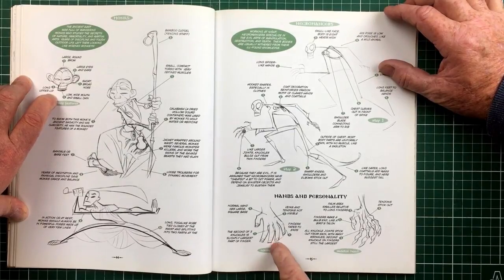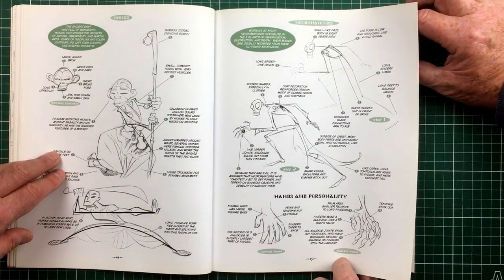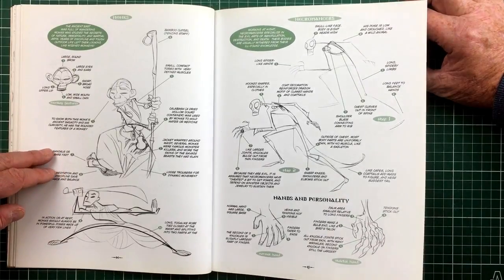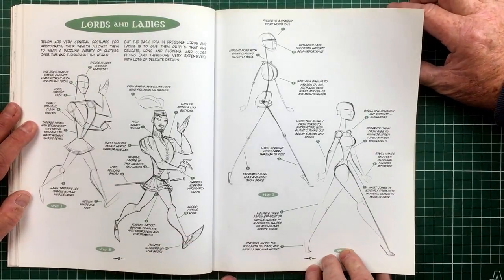And of course, hands have personality. He is not scared of hands. Get stuck into it that way, and you won't be scared, because everybody's scared. They put off drawing hands. I remember all the art students in my day used to copy Da Vinci's hands. So here's another example of a